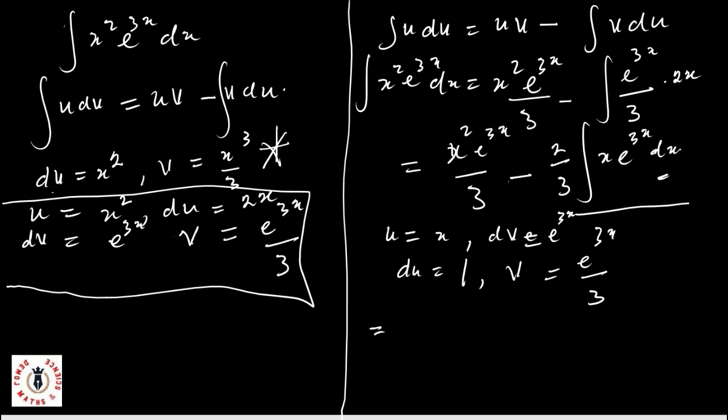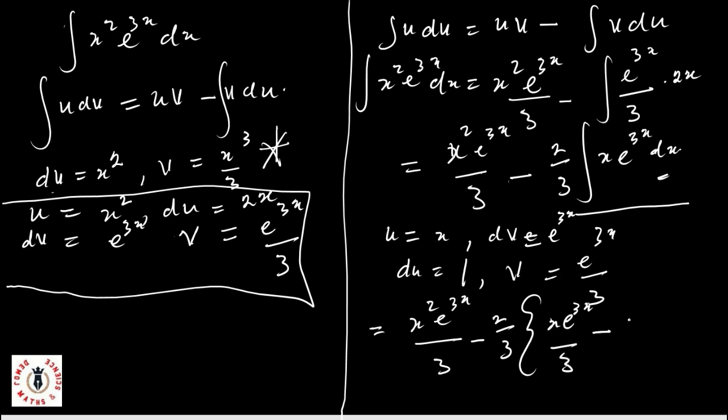So that this will be the same thing as x squared e raised to power 3x over 3 minus 2 over 3 into, now for my u and v, I have x as my u, and for v, this is x e raised to power 3x over 3 minus the integral of